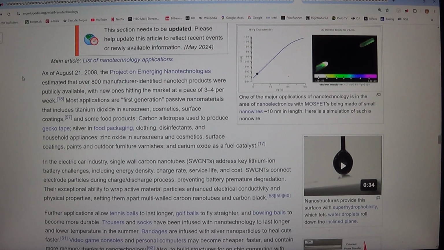This section needs to be updated. Please help update this article to reflect recent events or newly available information. May 2024. Main article: List of nanotechnology applications. As of the 21st of August, 2008, the project on